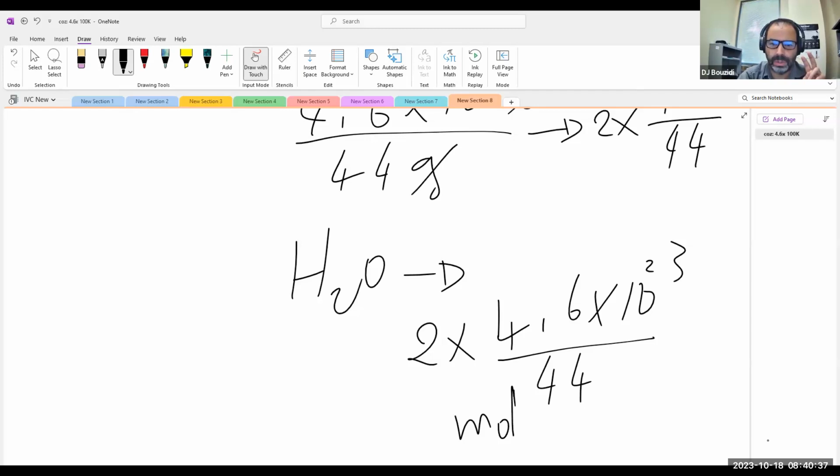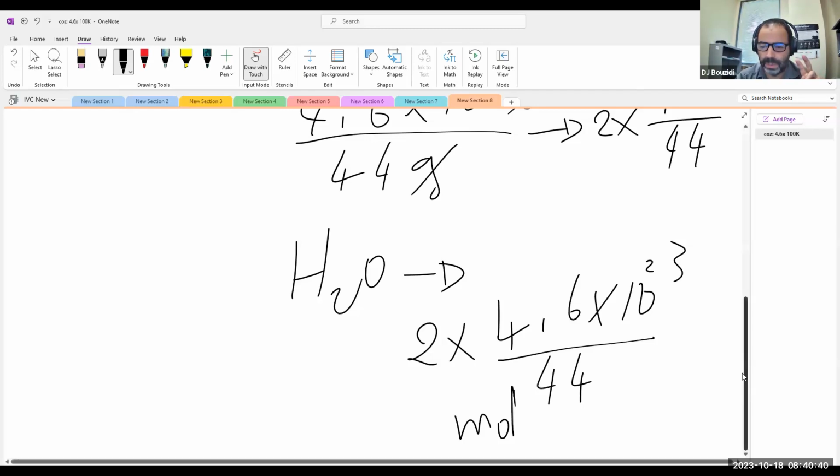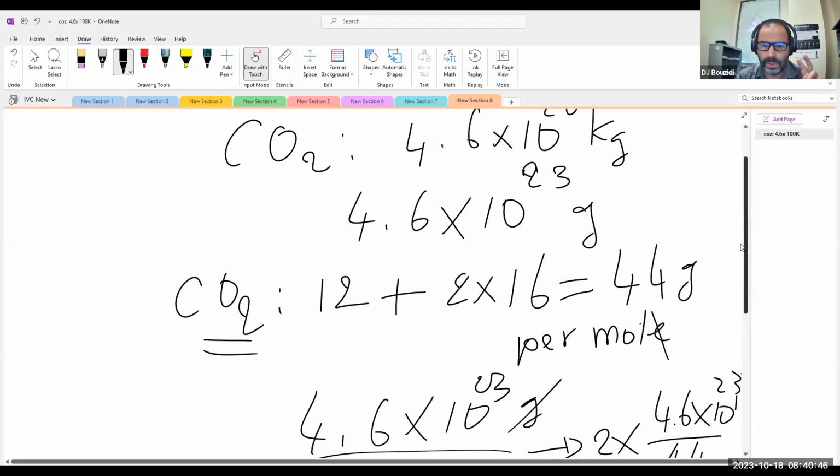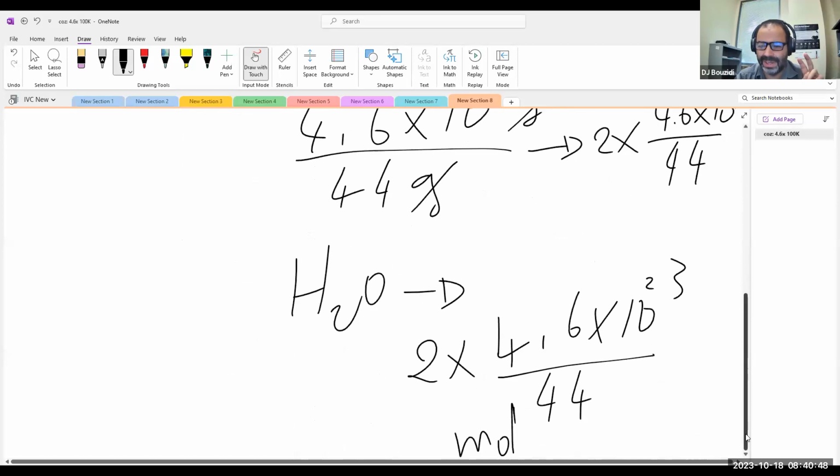I don't know if moles has an E or not. I probably misspelled it. It's not an E in here. Sorry about that. It's mole. Okay, no chemists are looking at it. Anyway,